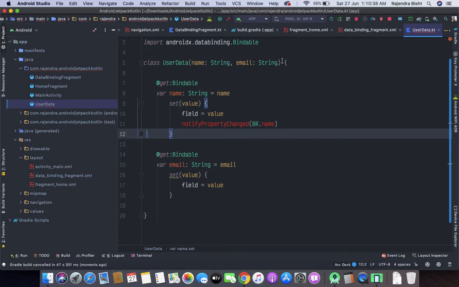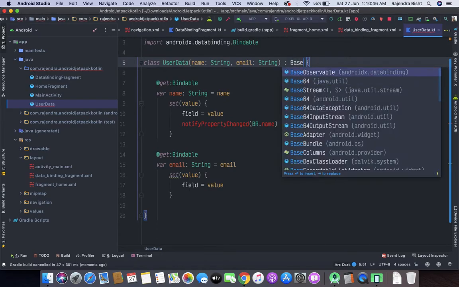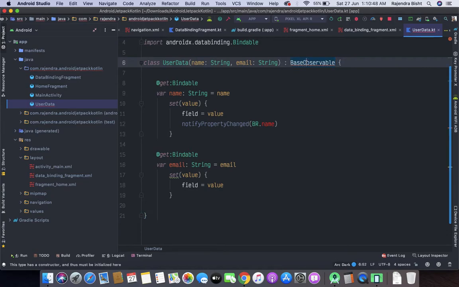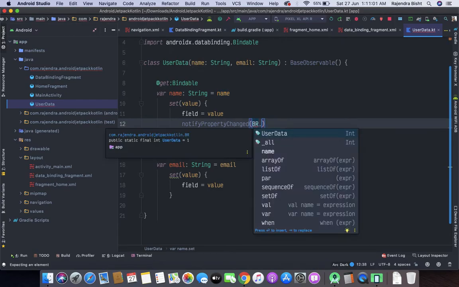Okay, before doing this, we need to extend this class with the base observable. So now you can see that the error has gone. So br dot name.